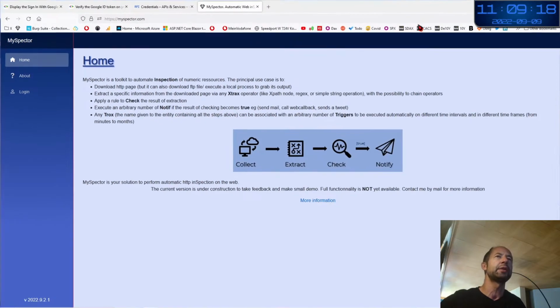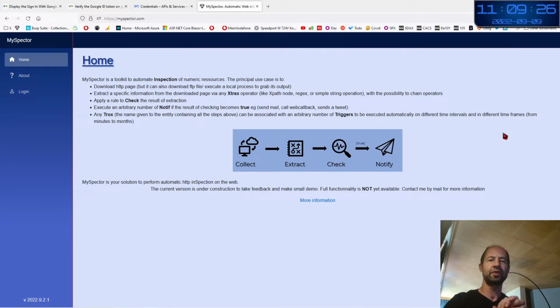I am working with Blazor Server. Google sign-in means you can allow your customer to sign in with a Google account without creating an account for your website. It is quite interesting because you delegate all the security of accounts to Google. Recently, Google is promoting a new way to authenticate, and I'm going to show you this new way that Google is trying to push. It is not easy. I have spent a lot of time on this. Maybe this is not completely perfect, but you will see the current status.